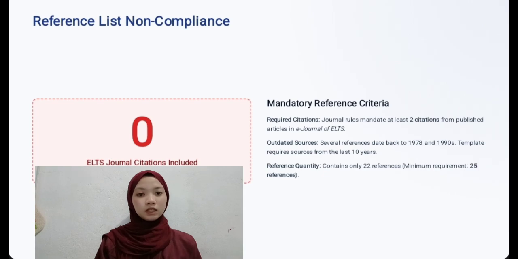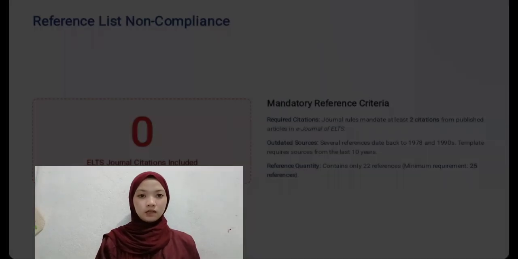Most importantly, the manuscript contains zero citations from the Journal of ELTS, failing to meet the mandatory requirement of citing at least two articles from this journal.